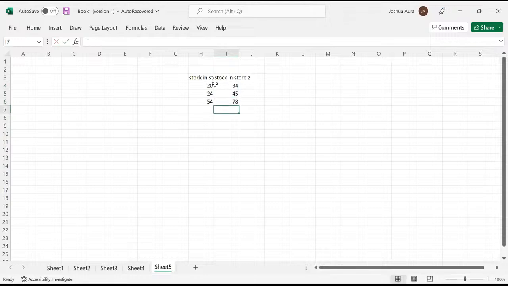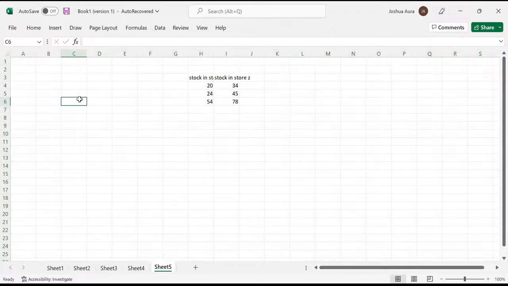And then the first thing that I realize here, ladies and gentlemen, is that I can't read my titles here. So it means that straight away this stock in store Z, the sentence is bigger than the cell. When you realize that, as a good student of Excel, what you're supposed to do immediately as a warm-up, before I start showing you what I would want us to do today, is to come and highlight the entire Excel. So to highlight the entire Excel, you could come straight away and say, Control A,